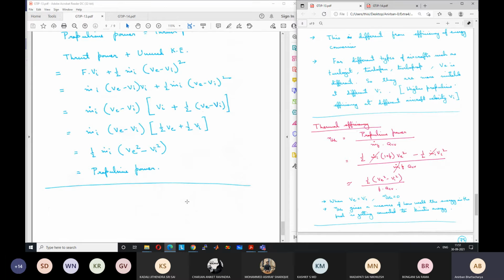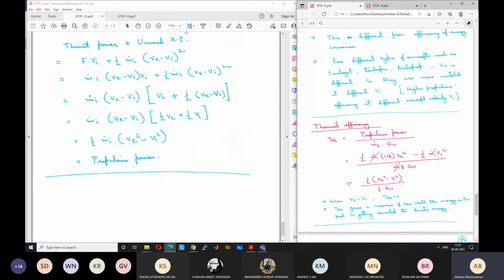Any questions on all this, whatever we have discussed till now today? Any other questions from other students? You have to be very clear about this. What is the kinetic energy that is lost to the atmosphere? So all these are different terms. Kinetic energy lost to the atmosphere is relative to the stationary observer, right? Because that is the actual kinetic energy that is getting lost to the atmosphere.